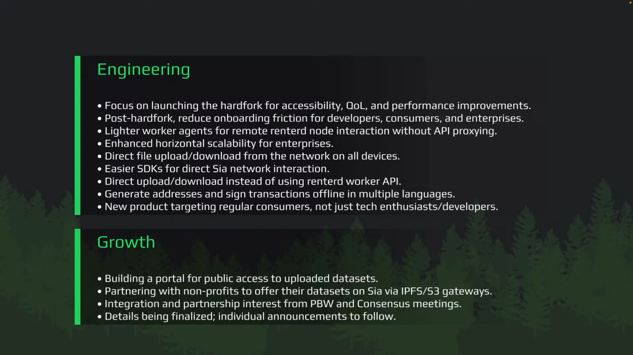So looking at our development goals, our primary development focus is to launch the hard fork. There are a number of accessibility, quality of life and performance improvements that will bring for both storage consumers and providers after the hard fork. We will work on removing onboarding friction for developers, consumers, and enterprises by implementing lighter worker agents to enable uploading